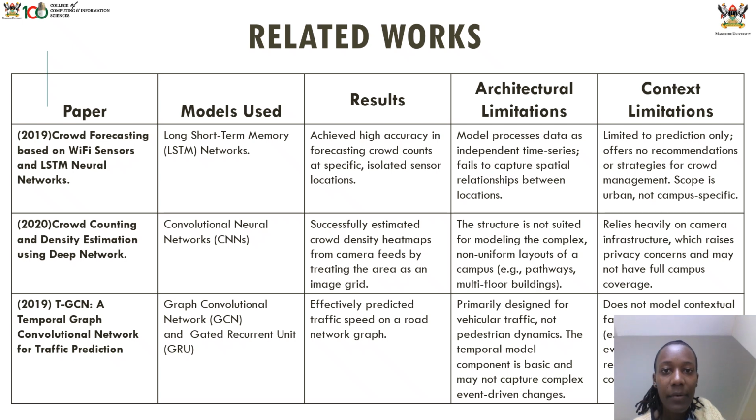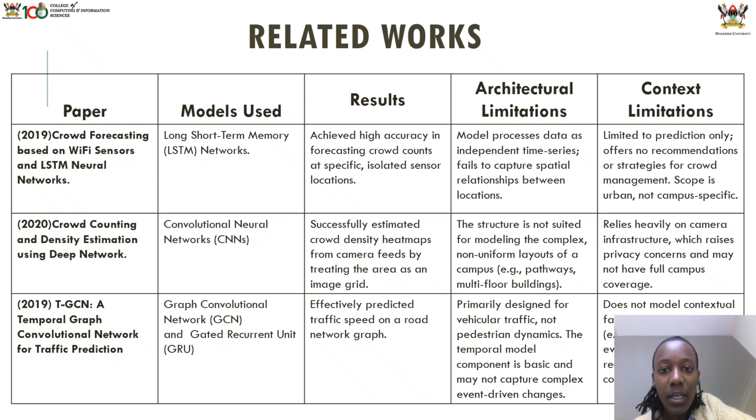So on this slide, we are going to talk about the related works. Those are the papers that were investigating crowds and finding a way to manage crowds, and the models they use, the results, the architectural limitations, and the context limitations. One of the first papers we picked out was crowd forecasting using Wi-Fi sensors, which used the LSTM model, the long short-term memory neural networks,